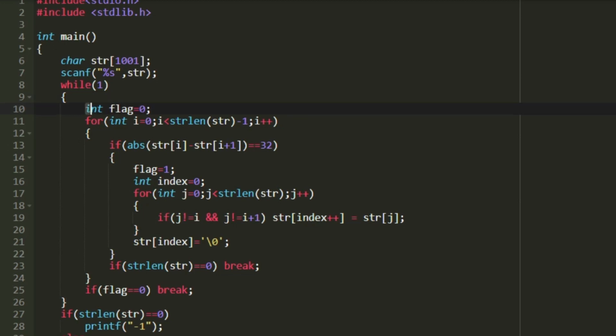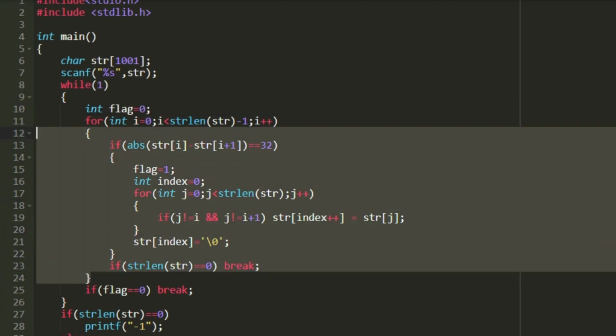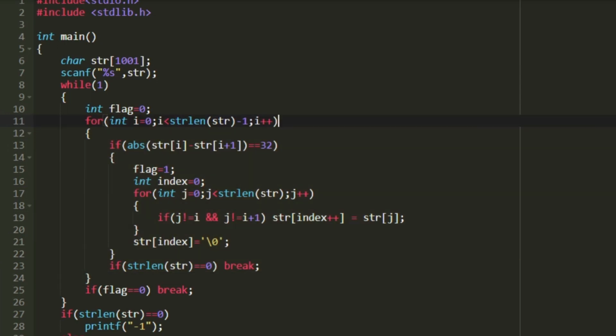So in the first line of the while loop, I am creating a new integer variable named flag and setting its value to 0. So we will be using this flag variable to check whether we have found any pair or not. So now we have to check for a pair in the given input string. So I am creating a loop that iterates through the character array str. So the loop iterates from 0 till the string length of str - 1, and in every iteration we increment the loop by 1, and here we iterate only till string length of str - 1, because in every iteration we will be checking for the current character and next character. So only the two nearby characters will be considered as a pair.